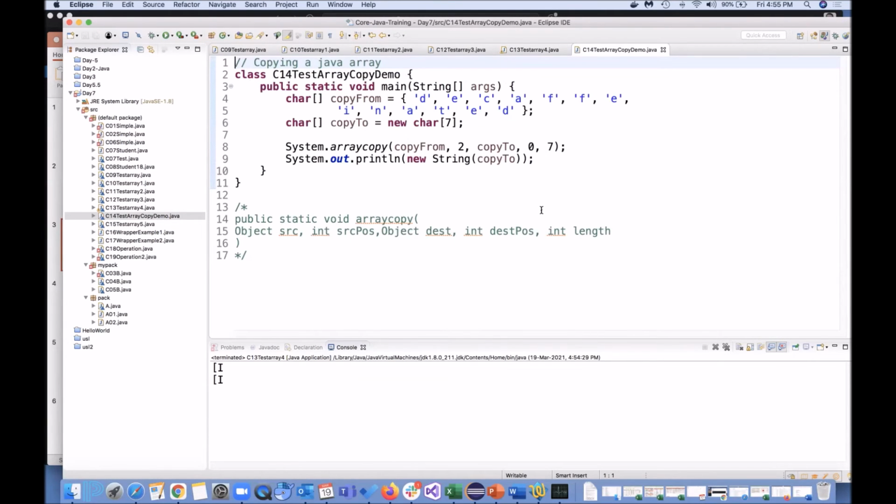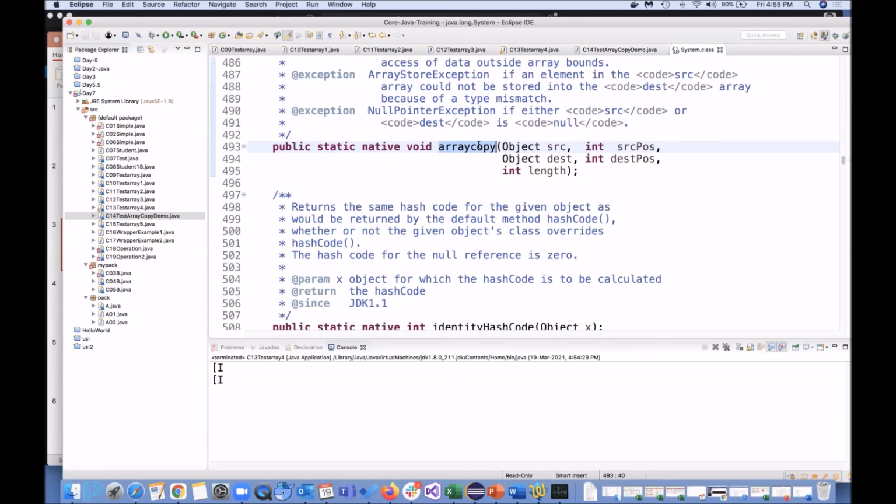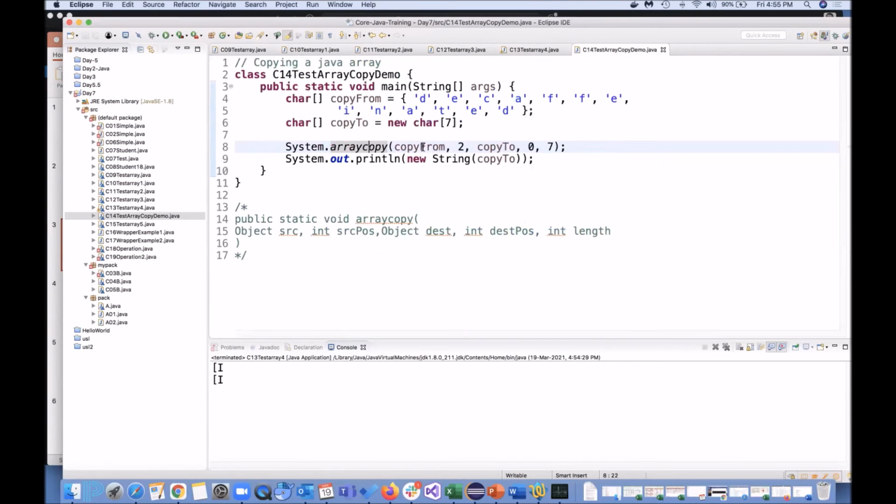Copying a Java array. Copying from one, putting into another. There is a function arraycopy. We just use this arraycopy function, and here we need to pass copy from, copy to, and so on.